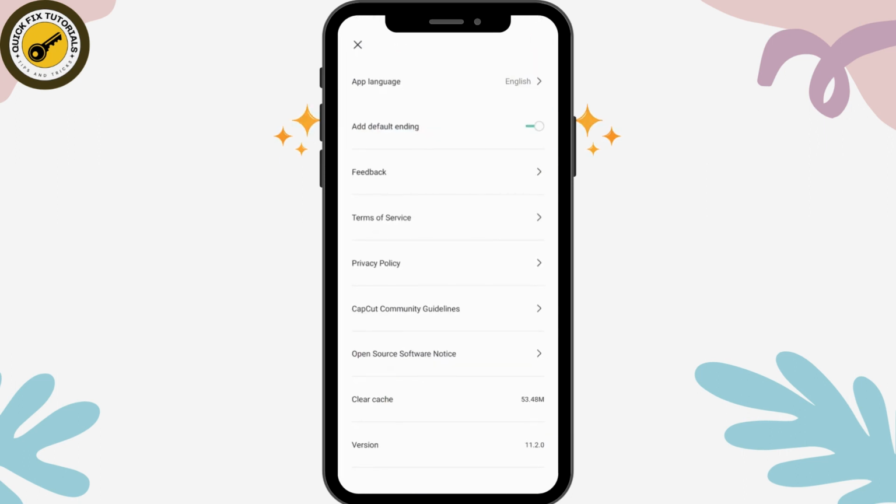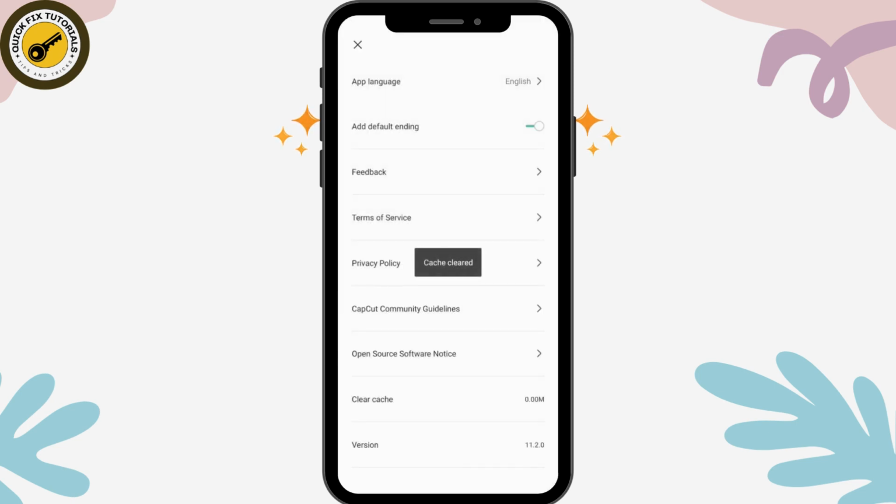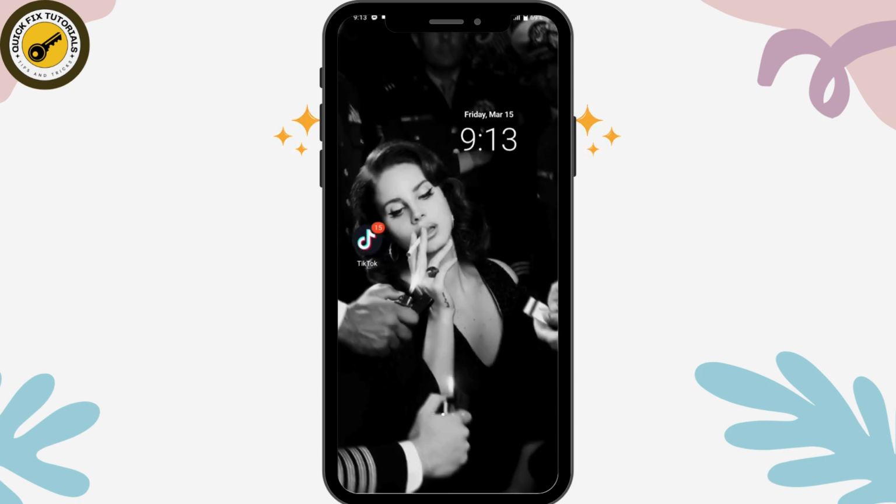Tap on the settings, and under your settings you will have the clear cache option. Tap on clear cache and then tap on confirm, and you need to clear all of the cache. Once you've cleared your cache, now you need to check your internet connection, and once your internet connection is stable,